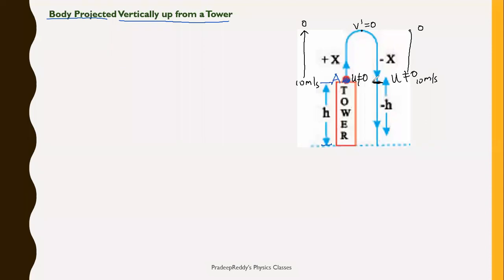And from 10, it is not stopping at that position A. It is still falling down to the bottom of the tower, and this position I name as B. At this point, the final velocity is not equal to 0. Still it increases from 10. It may become even 20. I took one simple example of 10 meter per second. It can be any other value. Now the body starts at A and reaches the position B, right?